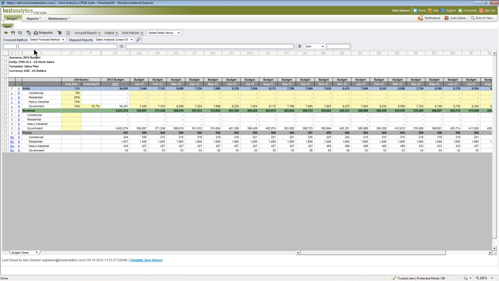So over here on the left, it shows me just a reminder. It always tells me where I am in the budget process. So I'm in my 2012 budget, and over here in the middle of the screen, I've got the components that are going to help me come up with budgeted revenue in this case.